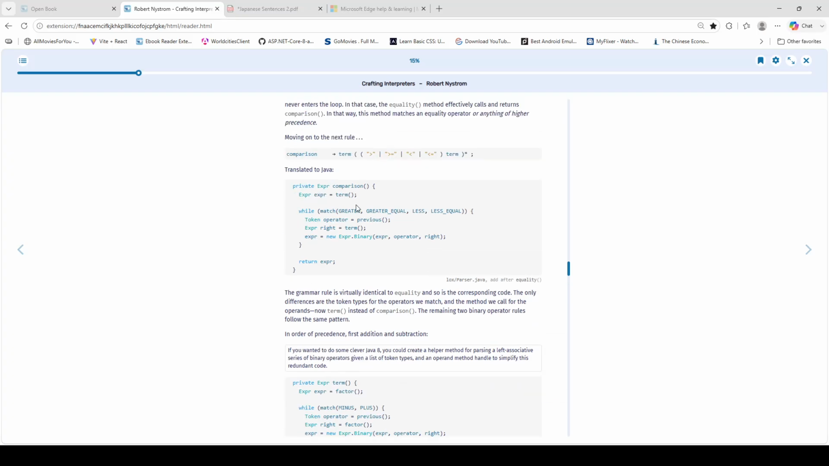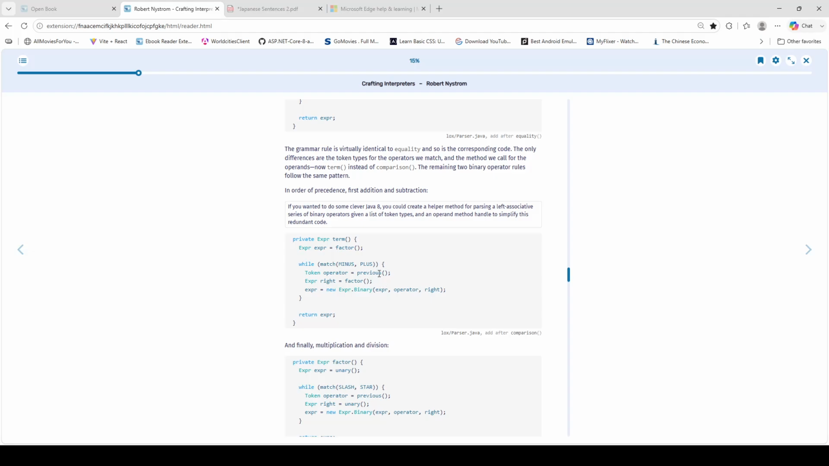Here we would add after the comparison method: private Expr term() { Expr expr = factor(); while (match(MINUS, PLUS)) { Token operator = previous(); Expr right = factor(); expr = new Expr.Binary(expr, operator, right); } return expr; }